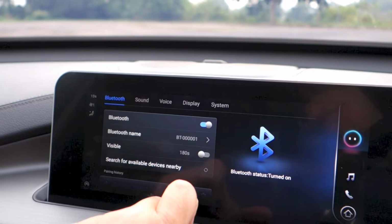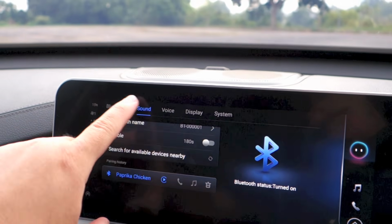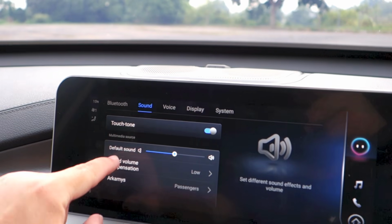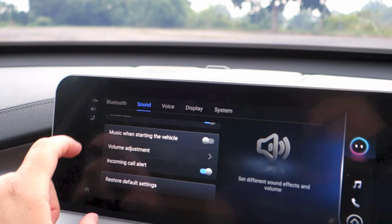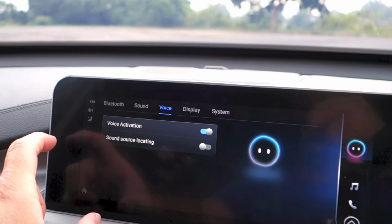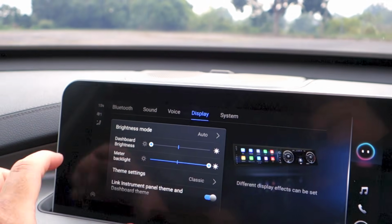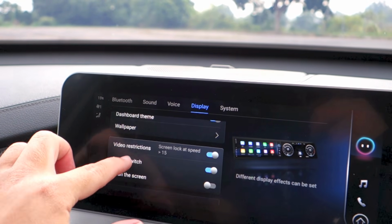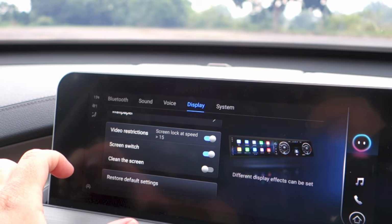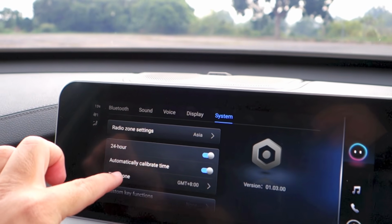Under local settings, with your connectivity options, sound settings, voice settings, display settings, system settings,